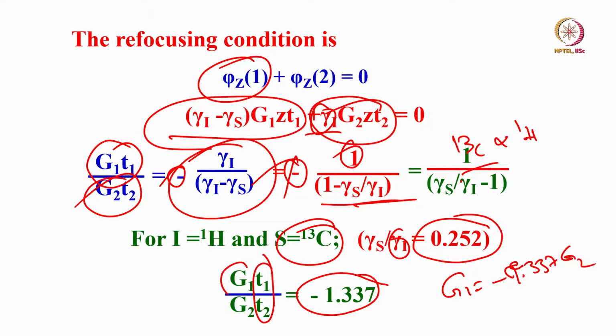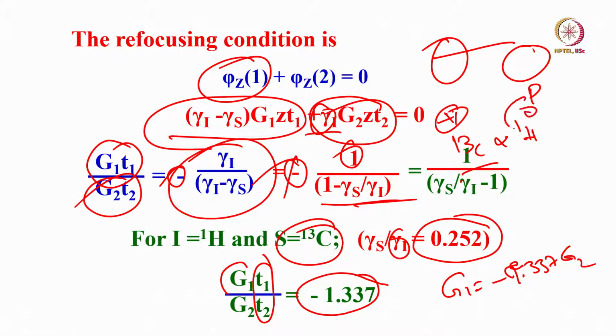So what you did, we know what is the ratio of G1 and G2 to be chosen so that you will select the particular pathway, that is, the coherence pathway remains minus 1 all through for gamma I, and plus 1 to 0 for S spin. So what is going to happen is when you select the pathway, during G1 you are going to have minus 1 for Pi, and during G2 also minus 1 for Pi, and for the S spin it is plus 1 during G1 and it is 0 during G2.